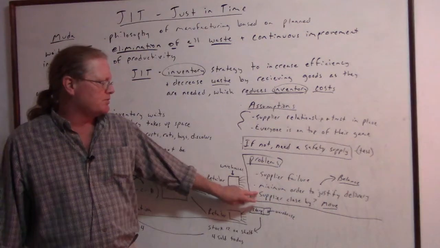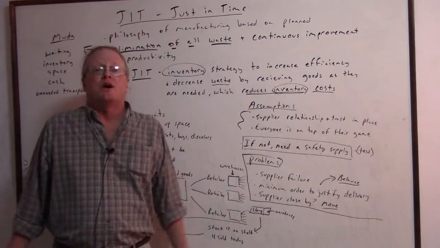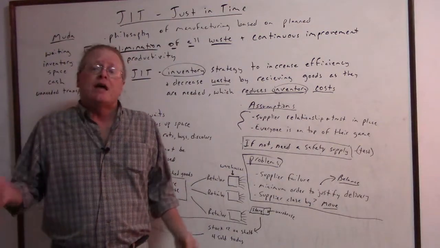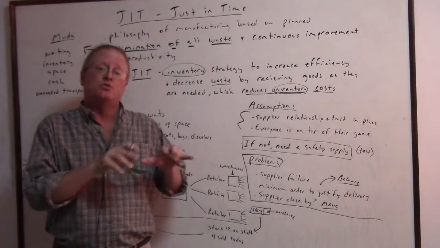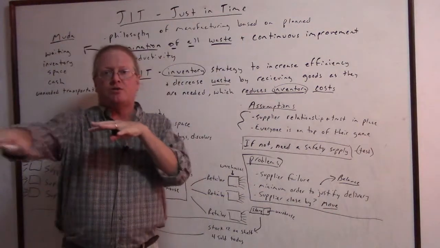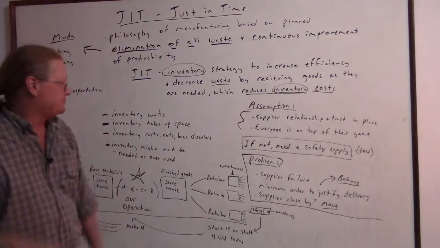And also another problem is, is the supplier close by? Well, if they're not, and transportation is a problem or delays and stuff like that, and this is often the case, the supplier moves closer to the operation. So the suppliers might be right around in the neighborhood of the plant.